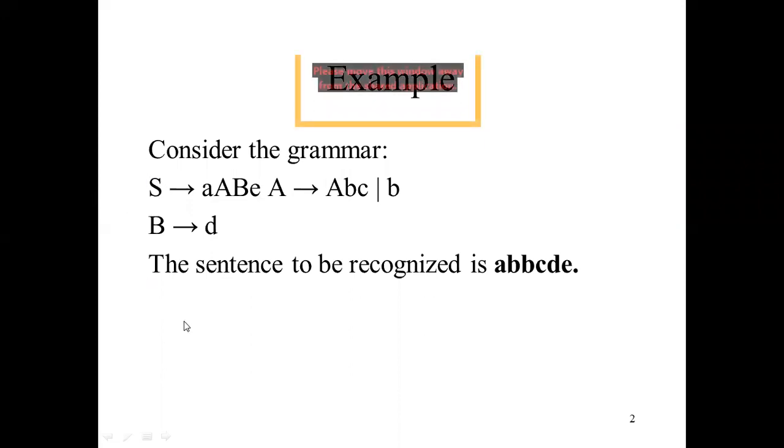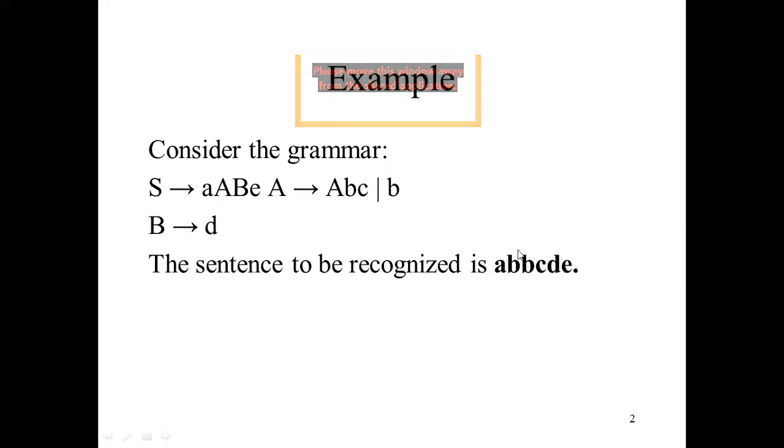Now, in what manner will we proceed so that we can get this value? So this is called the reduction. We are using this expression or string, and by using this string and also this grammar, we are going to reduce this expression to this.